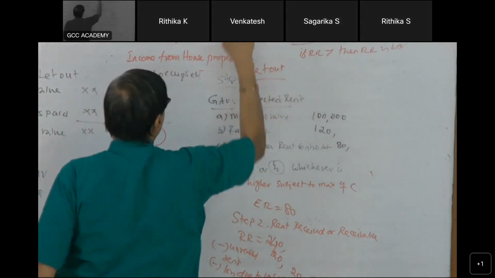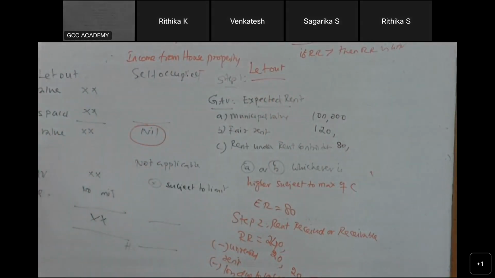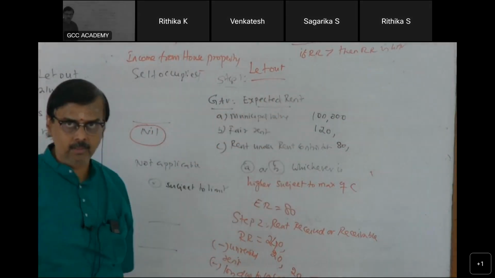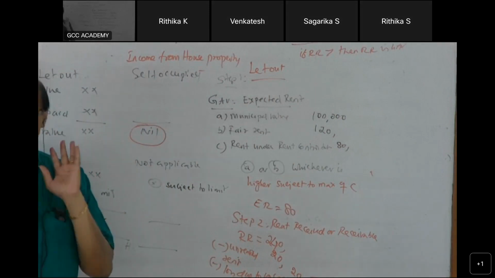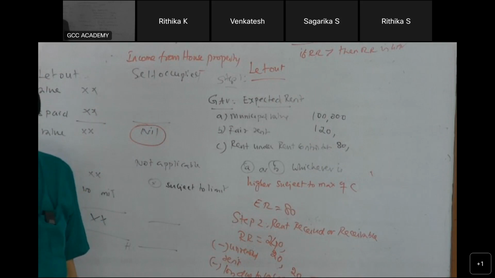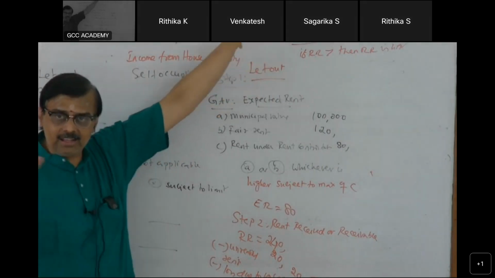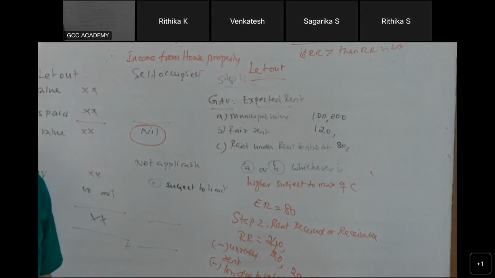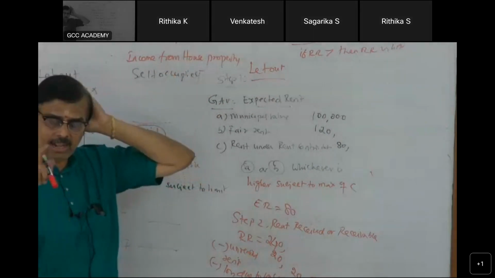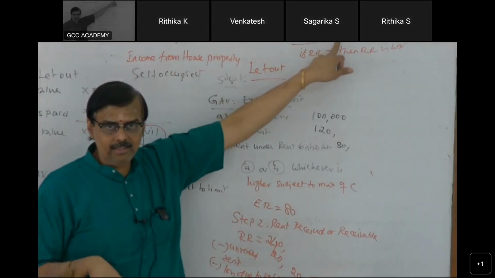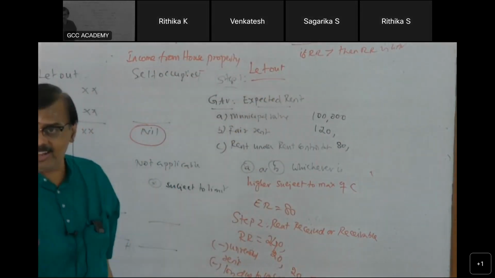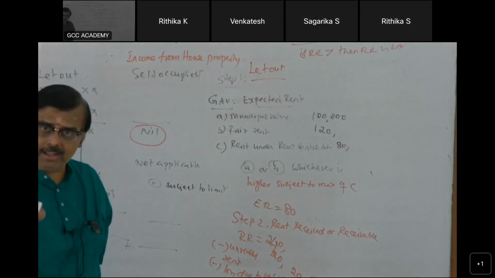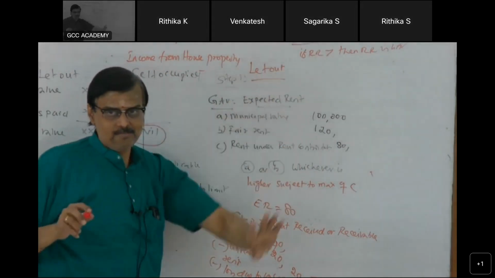Let me repeat. Have you understood ER? Have you understood RR? Both you are clear? Fine. இப்போ நீங்க லாஸ்ட் ஸ்டெப் என்ன பண்ணணும், compare பண்ணணும் ER யும் RR யும். RR is greater than ER னா RR is GAV. Happy. ஒண்ணுமே பண்ண வேண்டாம் நீங்க. But RR is lower than ER னா then you have to calculate one more thing: ER as calculated minus vacancy. அப்போ ஒரு figure வரும். அந்த figure RR ஓட compare பண்ணணும். அப்போ RR higher இருந்தா RR தான் GAV, இல்லாட்டி இதான் GAV.